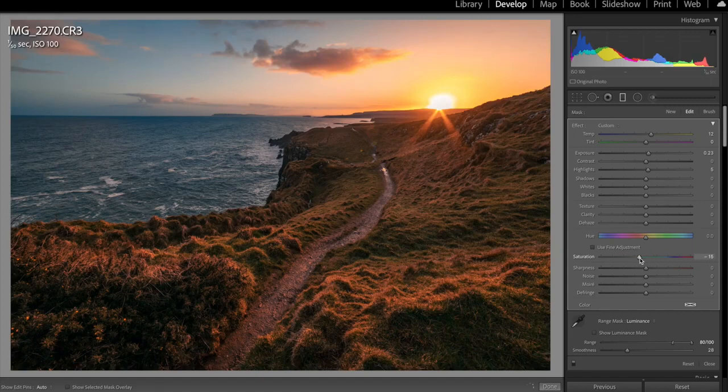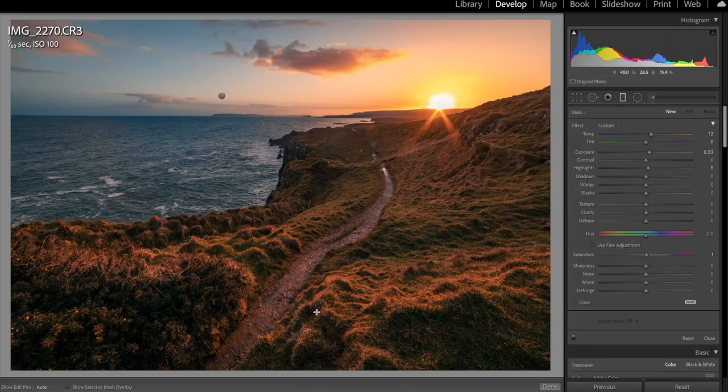It's the saturation I want to change. It's probably a wee bit too saturated. It looks nice on the screen, but sometimes it can just look a wee bit overpowering. Always better to go less when it comes to saturation. And that's that. I would also sometimes do the same thing, do a new one from the bottom,